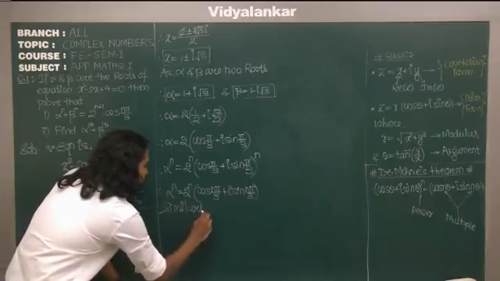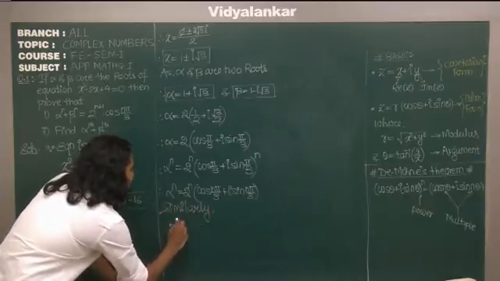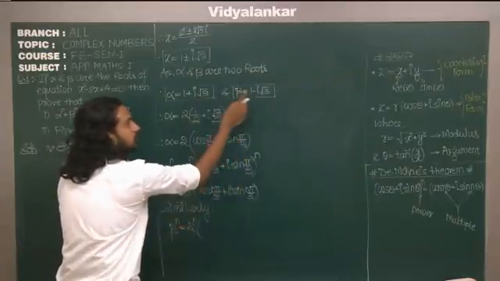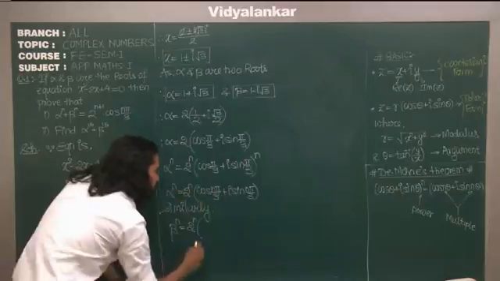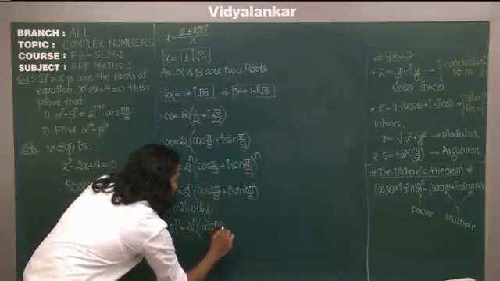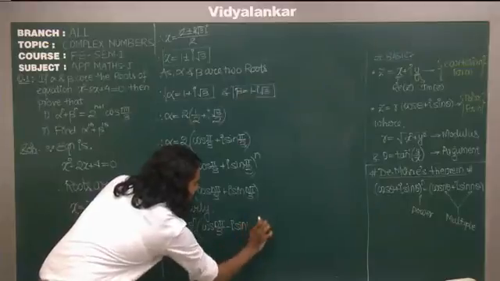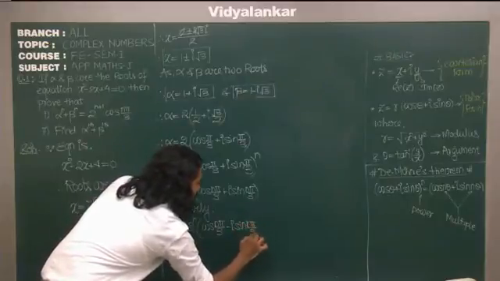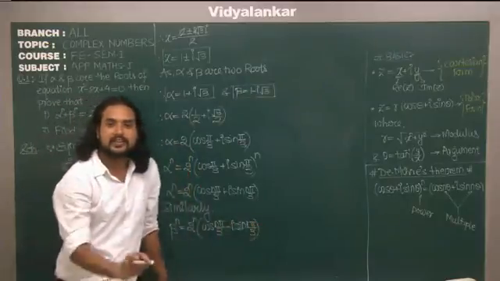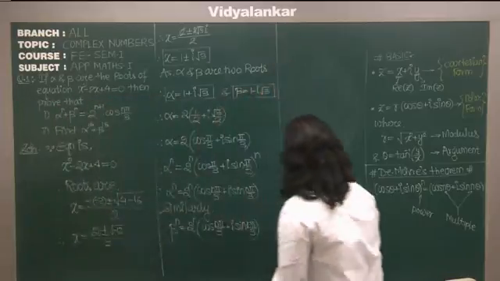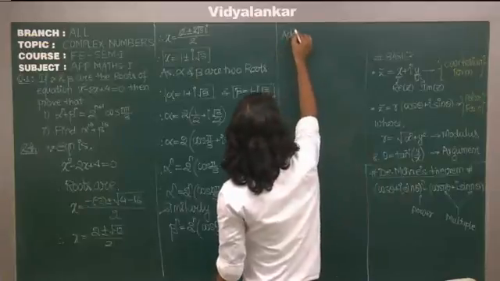Similarly, beta raised to n will be 2 raised to n. Now here you have a change of sign only. So the same thing will reflect over here as well. It will be cos n pi by 3 minus I sine n pi by 3. That's it. Finally, what you want is to add them. So I'll simply add them. Adding,